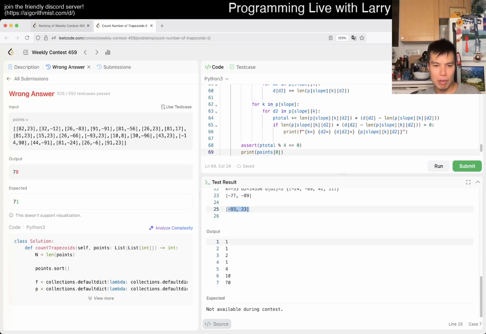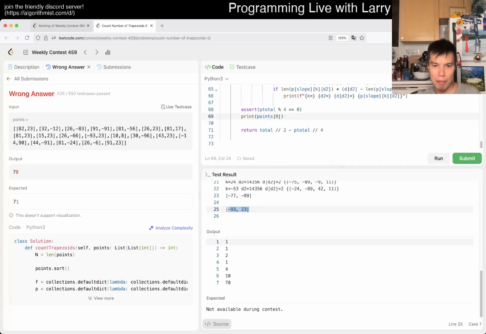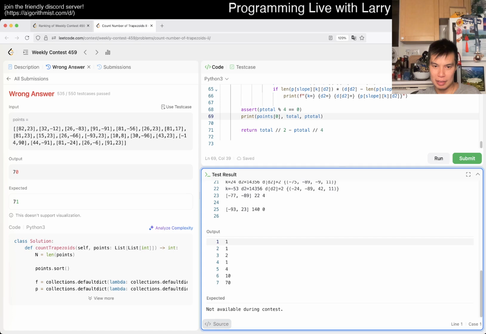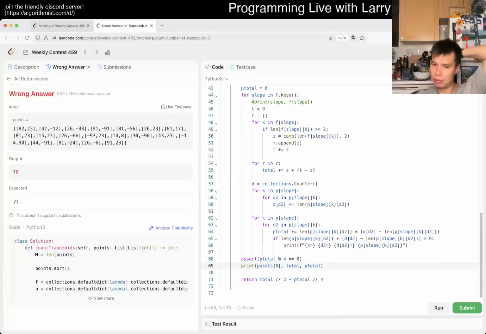So then why am I wrong if there's no parallelogram? Is total odd? No. Okay, so at least we solved the parallelogram issue, but